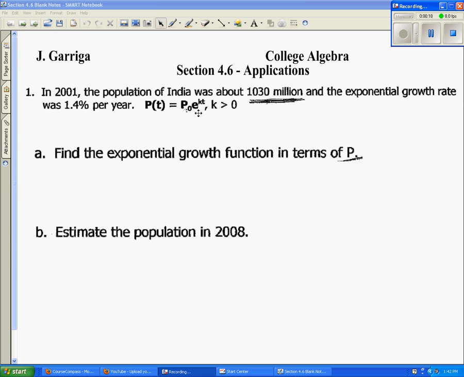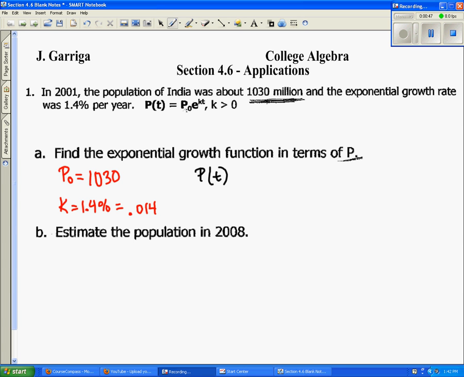We're going to plug in our initial population. Our P sub 0 is going to be 1,030. Our k, which has to be greater than 0, is 1.4%, which if you make it a decimal, move it two places to the left, it's 0.014. Now when I plug that into my formula, it says write it as a function of P in terms of P. So it's P sub t is equal to, now I'm going to sub in P sub 0, which was this,